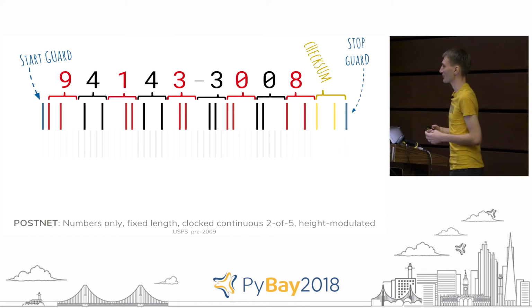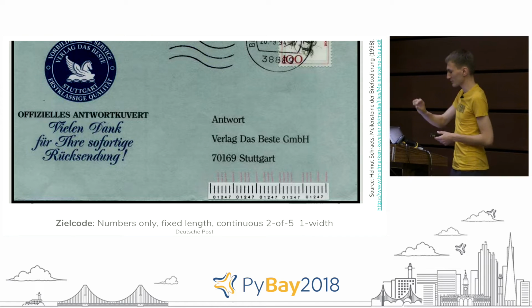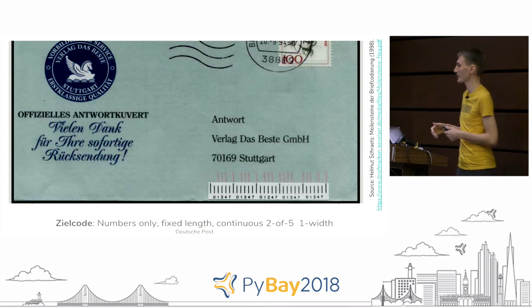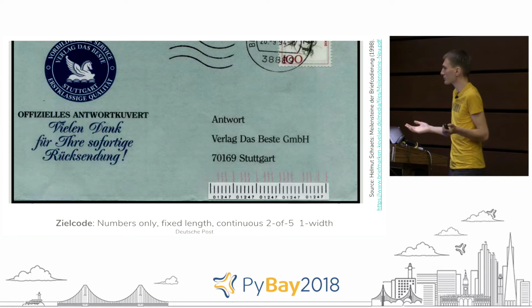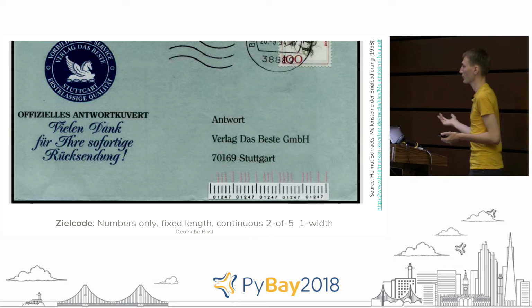This exists in every country. The Germans invented the same kind of concept at the same time. Like the orange bits at the bottom there are the barcode. Someone stuck on a little thing so that humans can actually decode it. They didn't need the clock track for some reason. It just got invented in parallel. Turns out the encoding is literally the inverse and read in reverse of what the old PostNet barcode in the